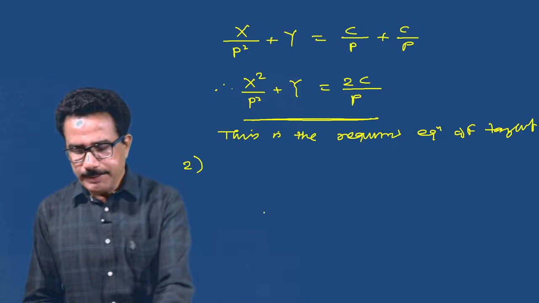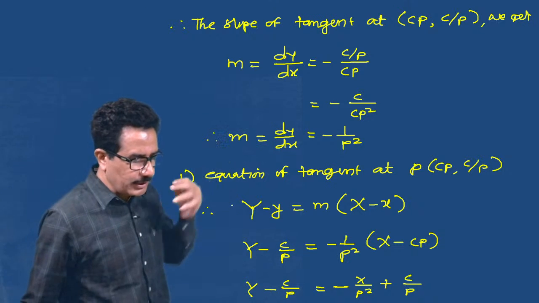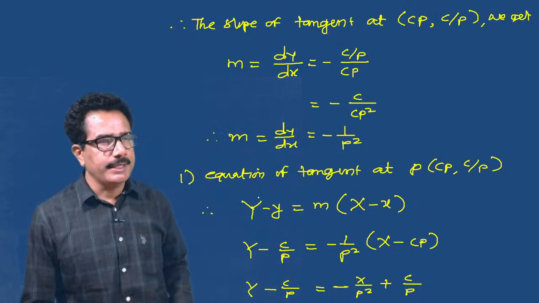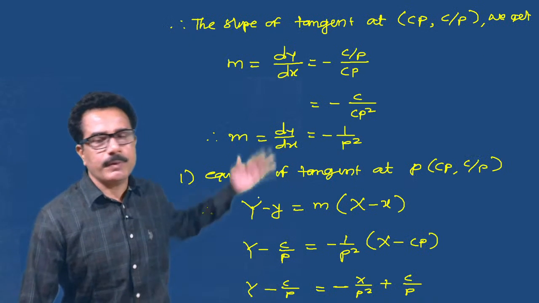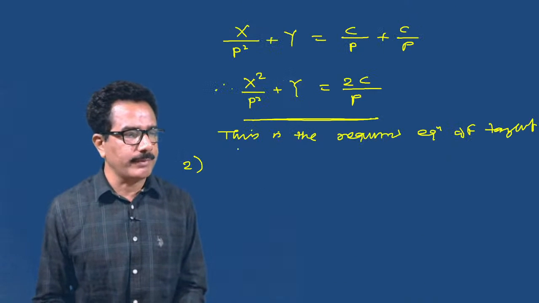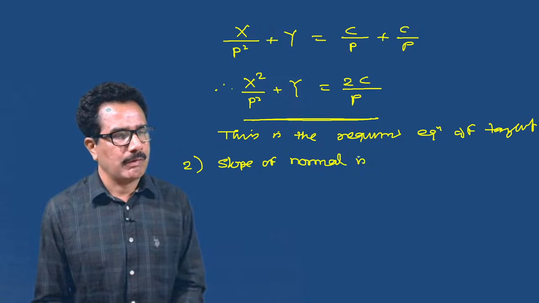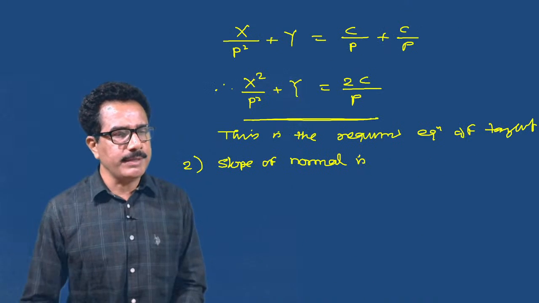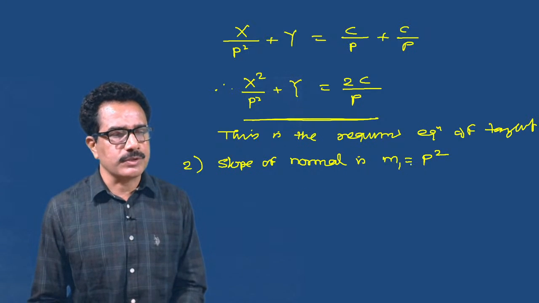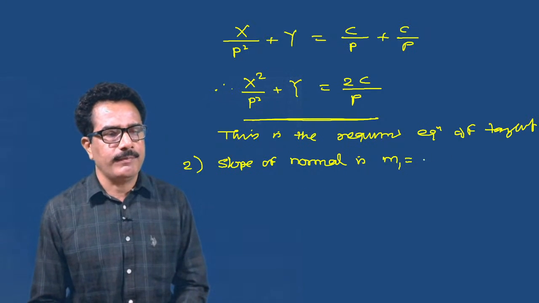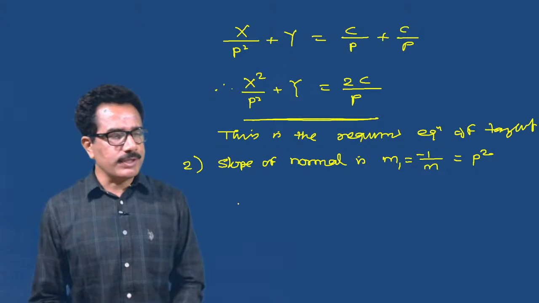Second, now what we have to do is find the slope of the normal, that is, the equation of the normal. To find the slope of the normal, first you have to take the reciprocal of this. Therefore, the slope of a normal is m1, which is equal to 1 upon m, minus 1 upon m, that is equal to p square. So use the equation of a normal